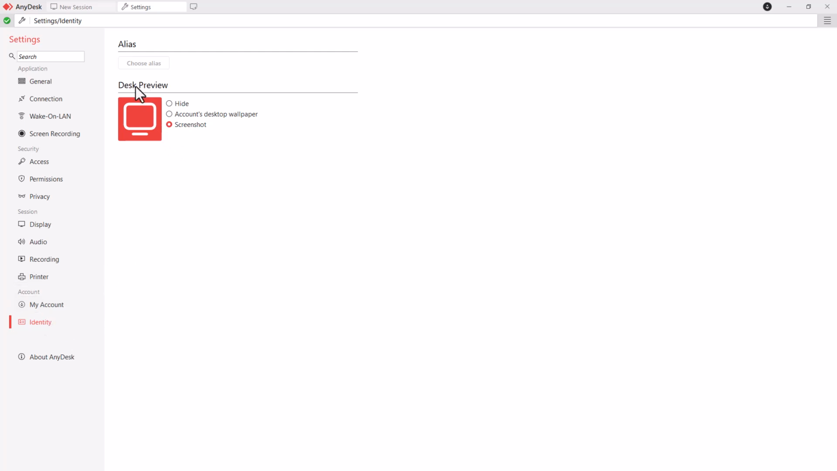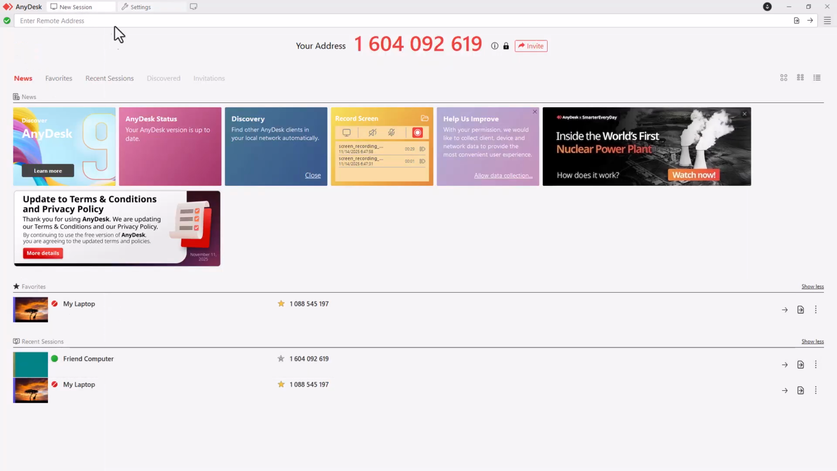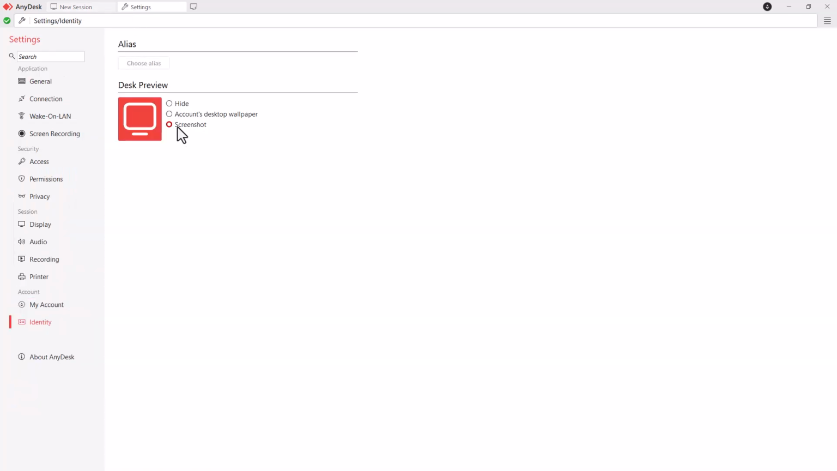Right now you can see that the desk preview that the other user gets is a screenshot of your computer. But if you want to let them see your desktop wallpaper, your account wallpaper that is, then you can go ahead and select this. Or if you don't want them to see anything for privacy reasons, then you can simply hide. But whenever you're accessing their computer, it's a good idea to give a screenshot or account desktop wallpaper so that they trust you. And this is simply how you can change the identity settings as you need